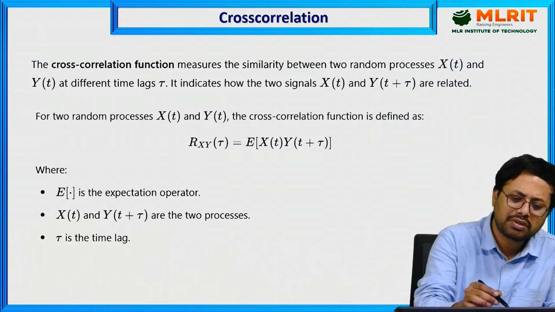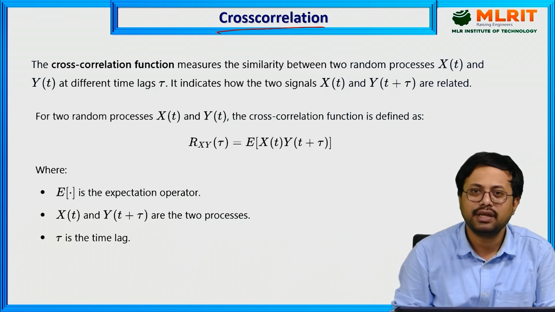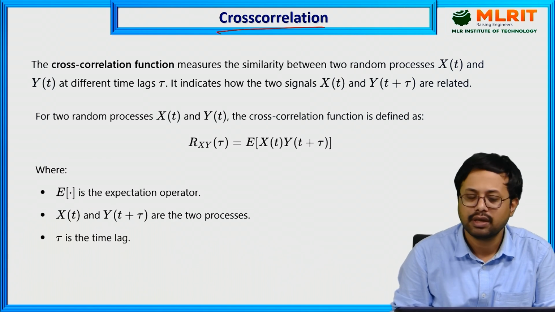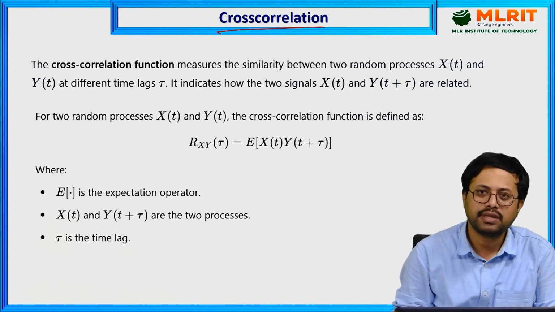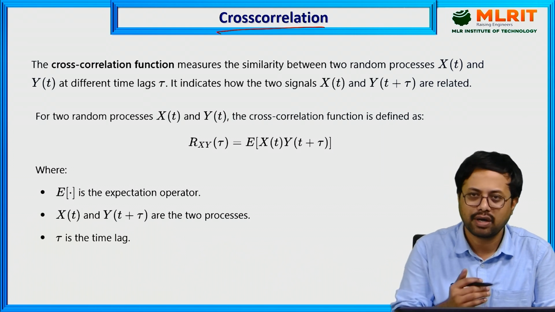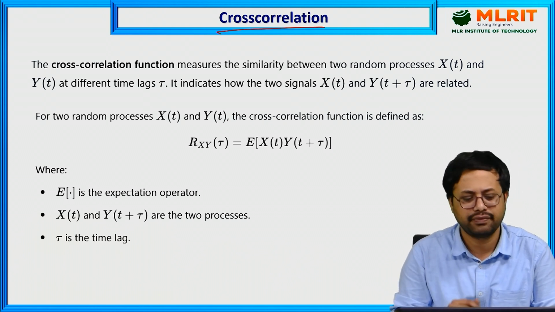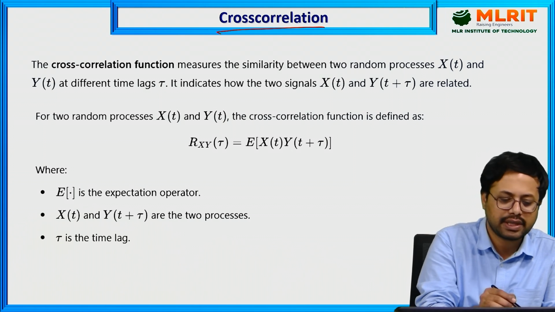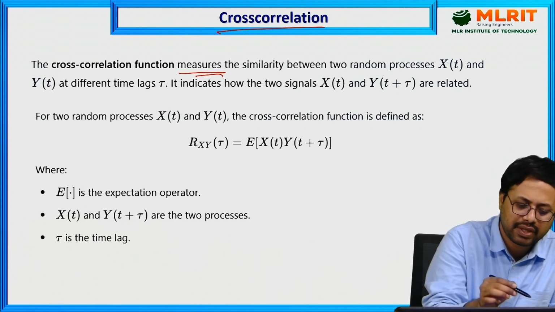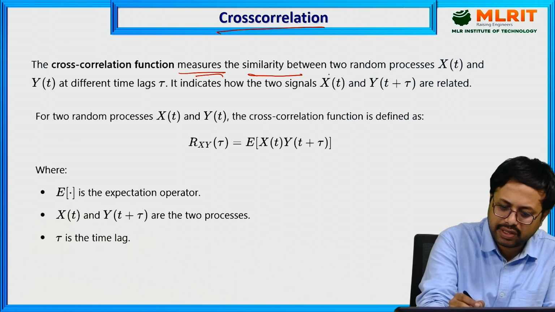What is cross-correlation? Correlation, we discussed in the previous lecture, is identifying the similarity between two processes. Cross means two different processes. Auto means the same process or the same signal. Cross means two different processes or two different signals. The definition of cross-correlation tells that it is also a mathematical tool that measures the similarity between two